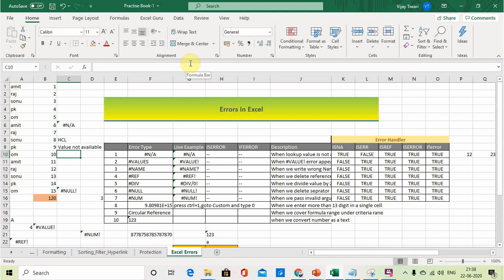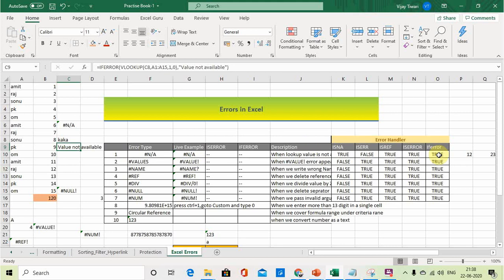See, if #N/A has come, then value not available. And if you enter a value which is available in this, suppose Raj, then Raj will come. And if you enter some value which is not available, then it will say value not available. So this works as an error handler, which is very important.